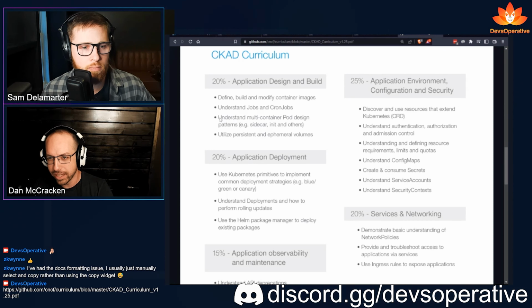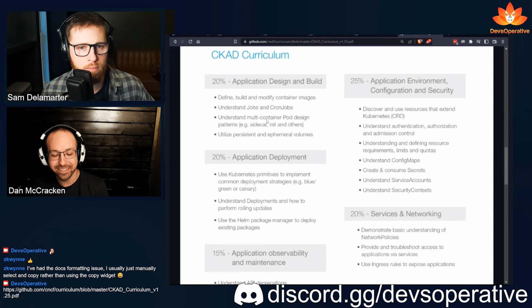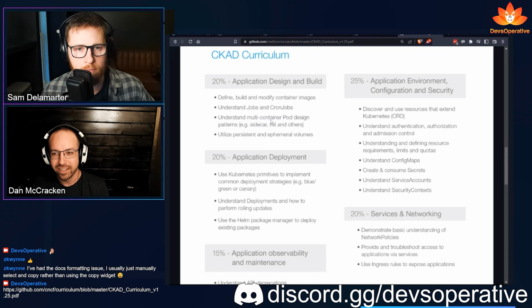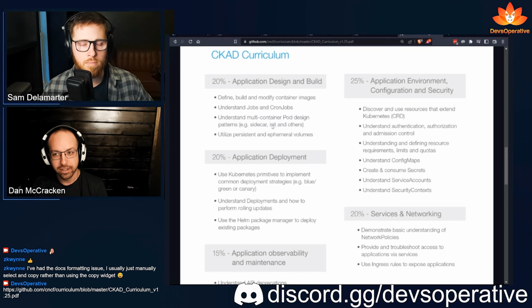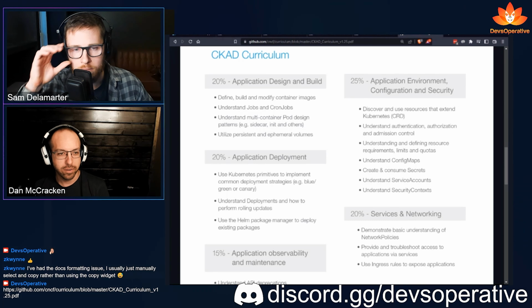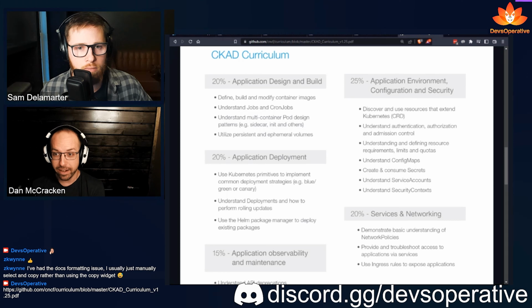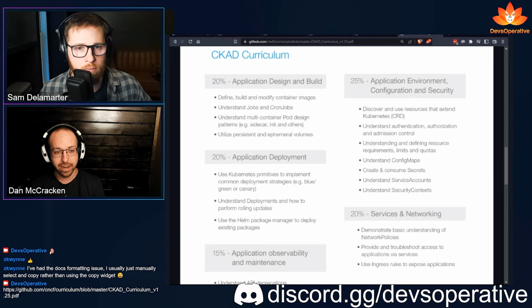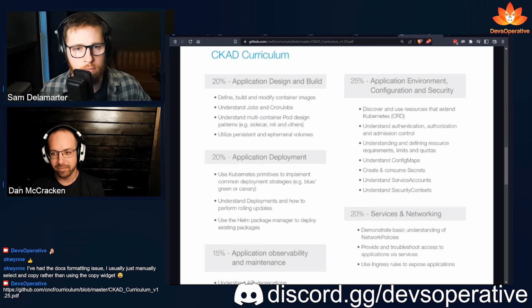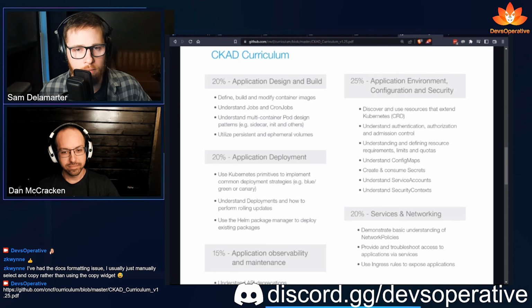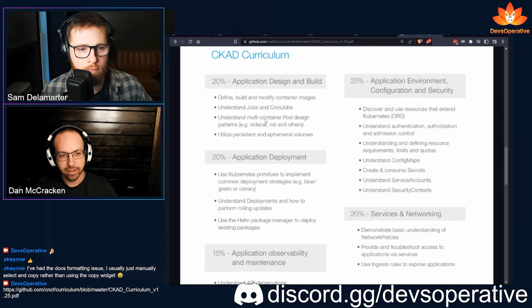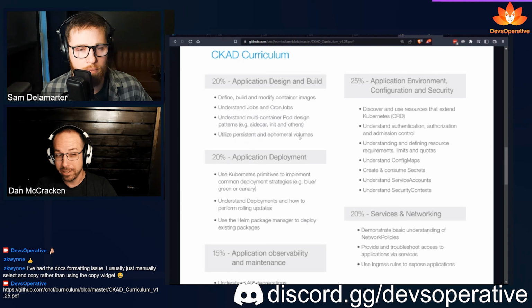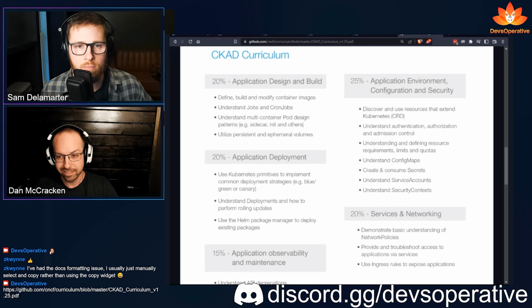And this just reminded me, hey, multi-container pod design. Not everybody thinks about that. If you're new, you probably don't have experience with having a sidecar or an init container. And I, for one, always had a hard time separating the concepts of a pod from a multi-container pod. It took me a long time to get, because I have a smooth brain. But once you get that, it's pretty good, and then a lot of this really starts to flow. Multi-container pod design is definitely part of this. Persistent volumes. That's another thing.